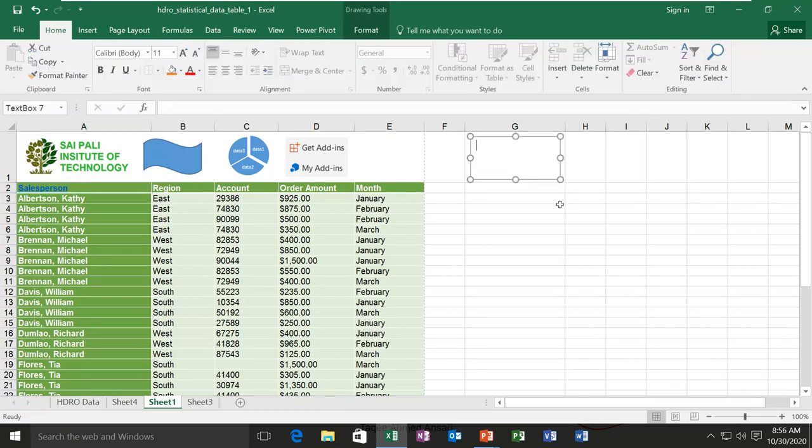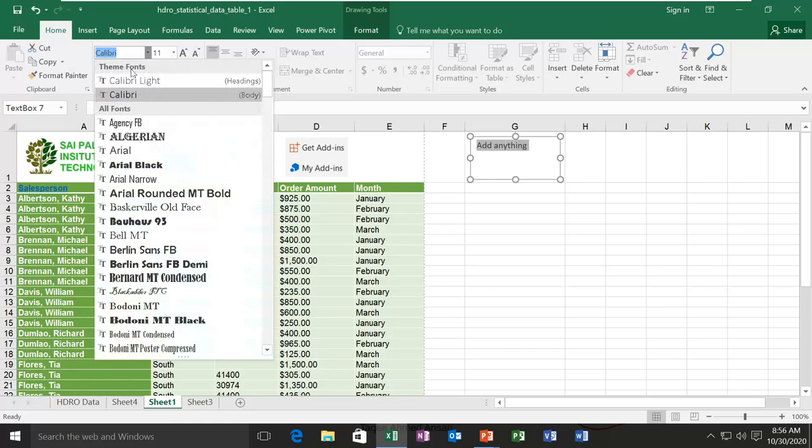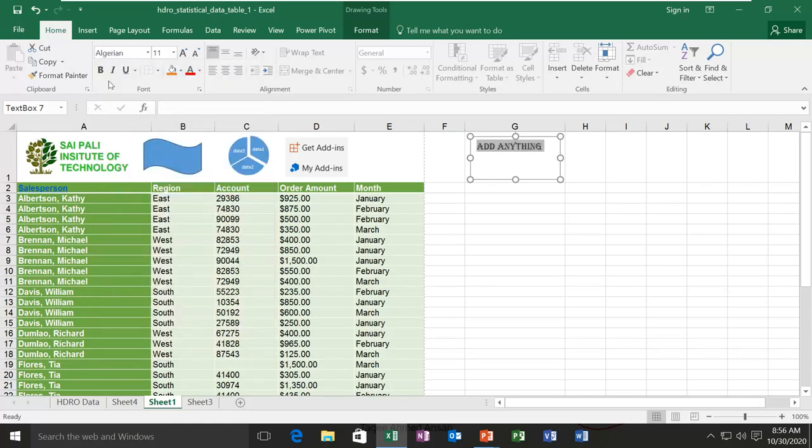Now I can add the text, I can add anything here, I can format it according to what I want, I can change the style, I can make it bold, I can increase the size, I can color the text also.